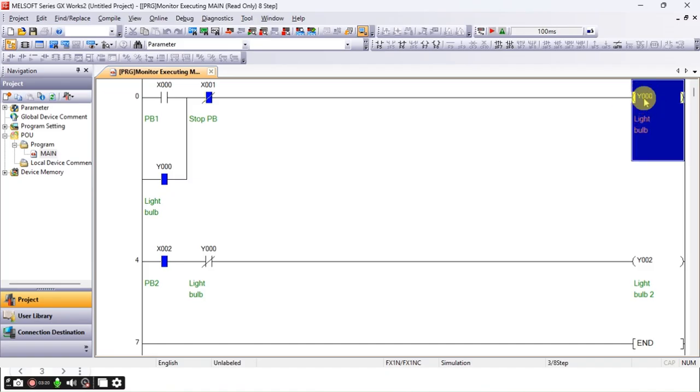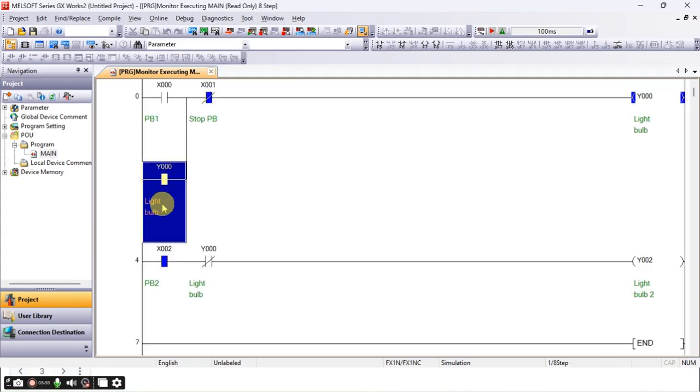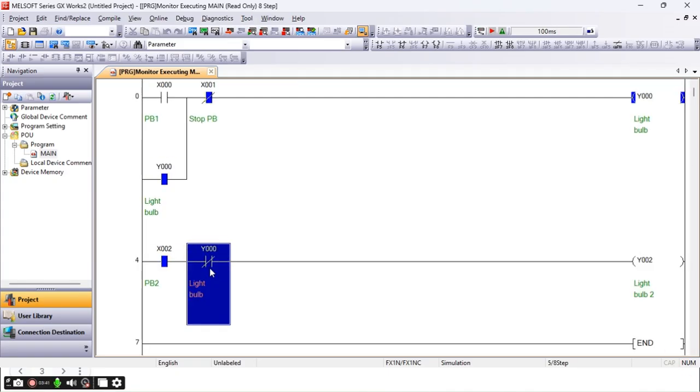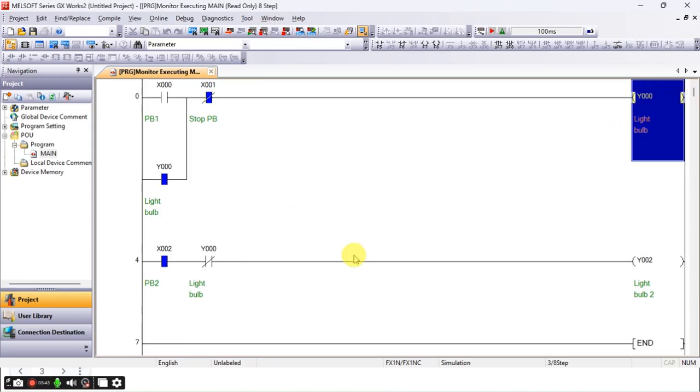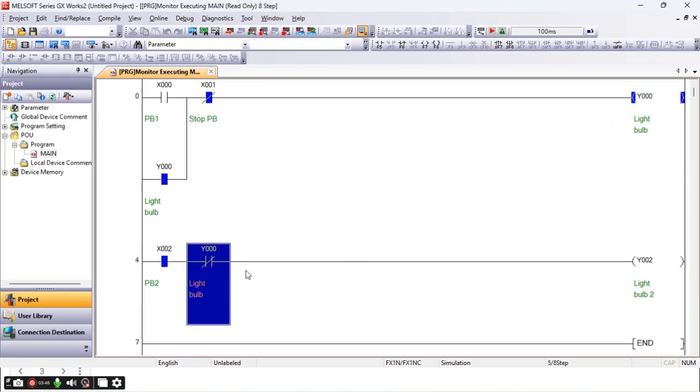When Y0 is activated, or the coil Y0 is energized, its contacts invert their condition. Initially this is normally open, and when the Y0 coil is energized, it becomes closed, and this is initially normally closed, and once Y0 is activated, it becomes open.